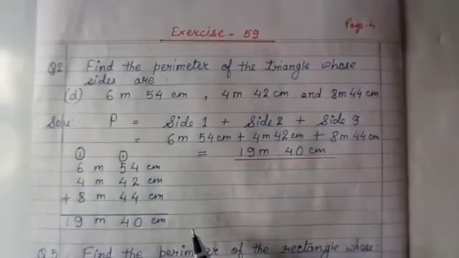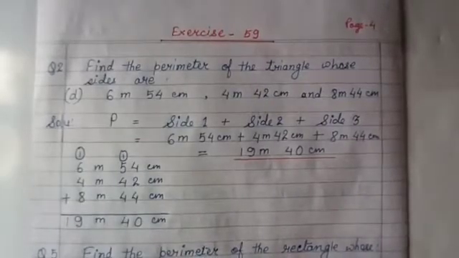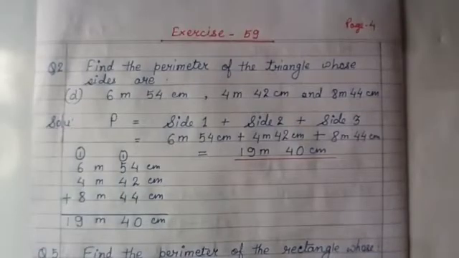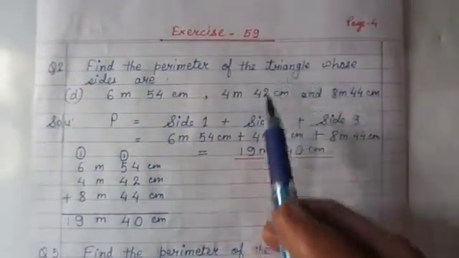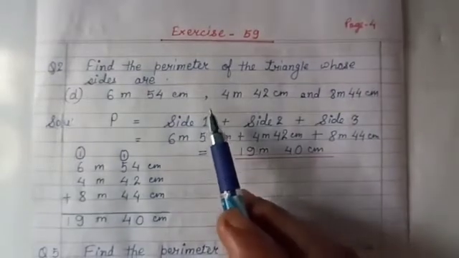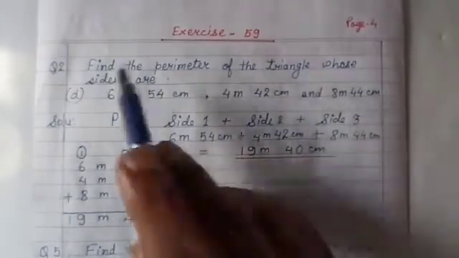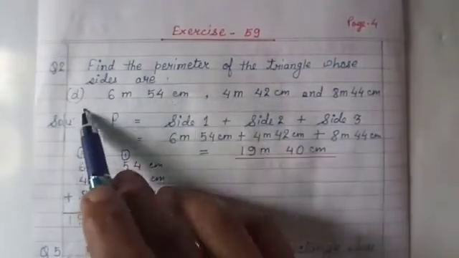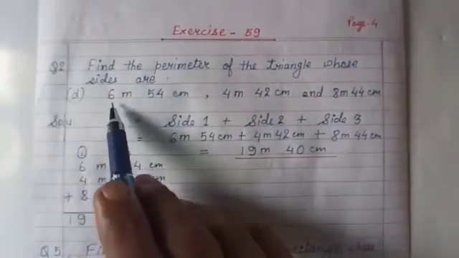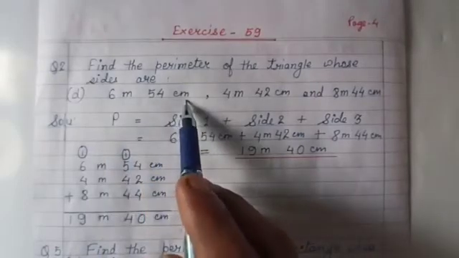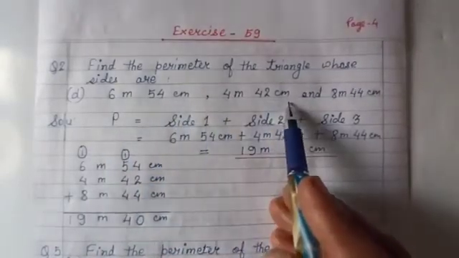In the previous video, children, we have seen how to find out the perimeter of different rectilinear figures. Now look at exercise 59 given in your book. Here in question number 2, it is given: find the perimeter of the triangle whose sides are, in part D, 6 meter 54 centimeter, 4 meter 42 centimeter and 8